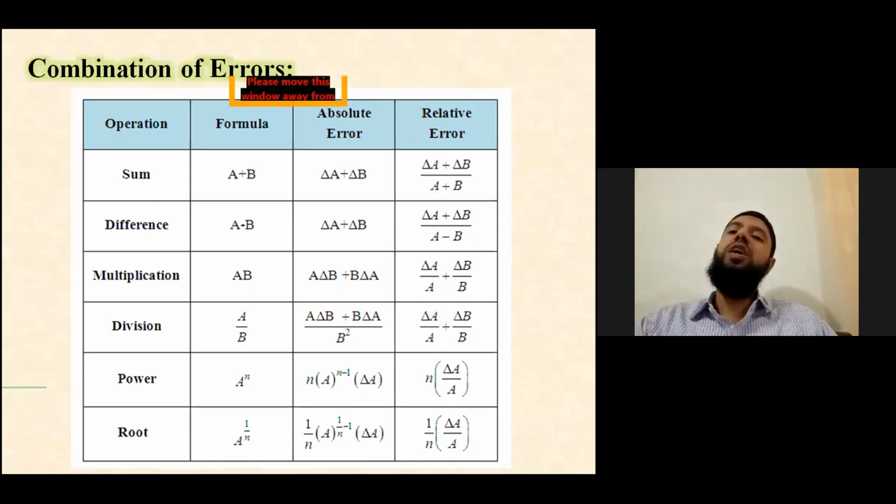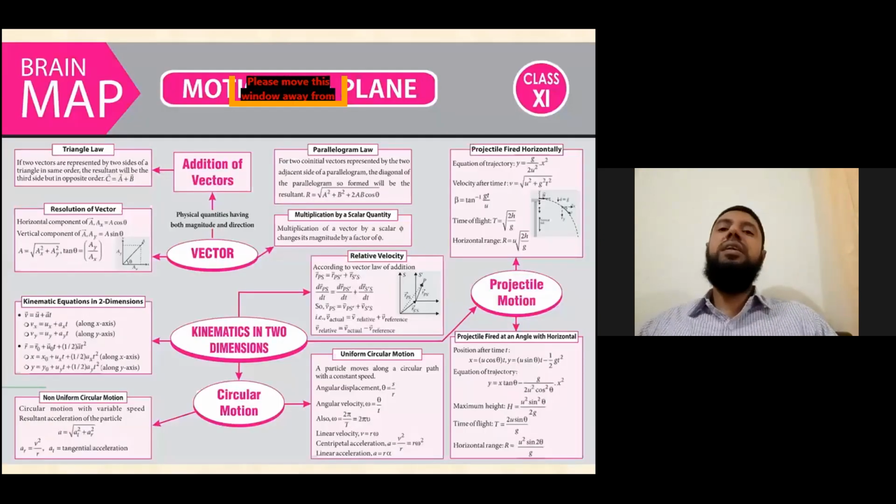It is very helpful for preparing ourself for our examinations. Then this is the very important part. The mind maps